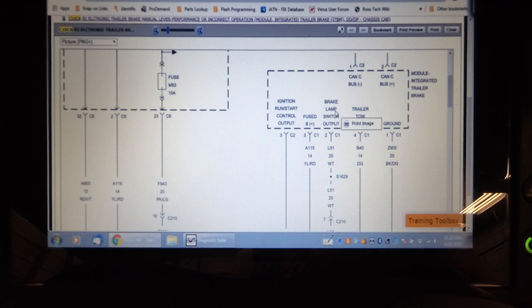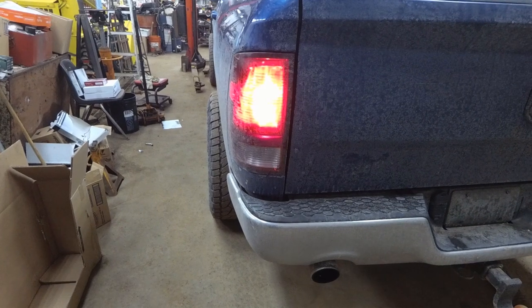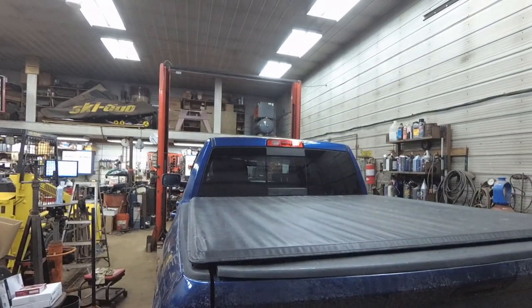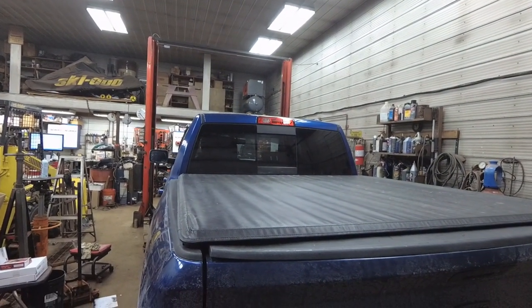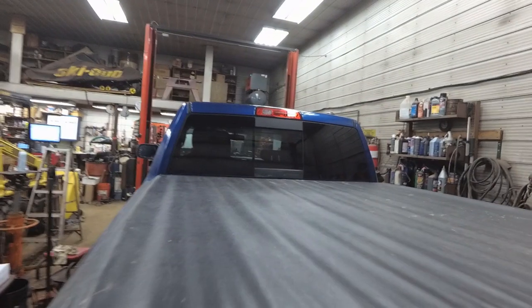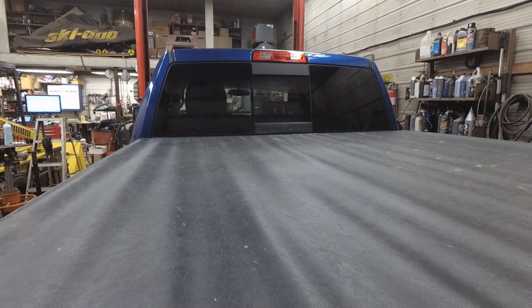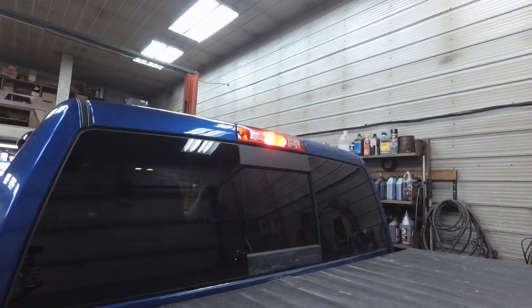And I decided I better take a look at the brake lights, make sure everything's functioning properly with the brake lights. So I've got the brake pedal depressed, and as you can see, both brake lights are on, but the center high mounted brake light is not on. Well, that's interesting. I would hope that that's not the cause, but we're obviously going to fix that and see what happens. So replace the bulb,